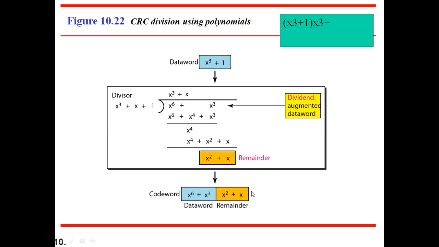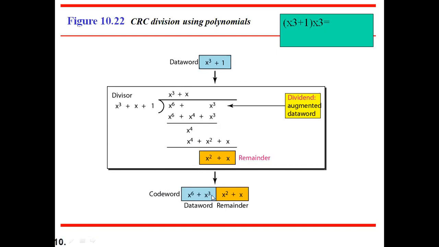So this will form a code word. In the previous case, it was a remainder, but in this case, again it is a remainder, but in the form of a polynomial. So the generator polynomial plus the remainder will form the code word in this case. So this is at the sender side. The same thing you have to perform at the receiver side.